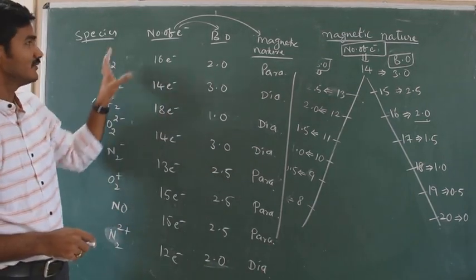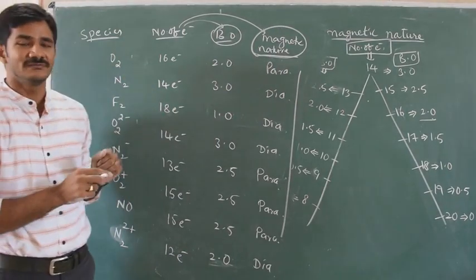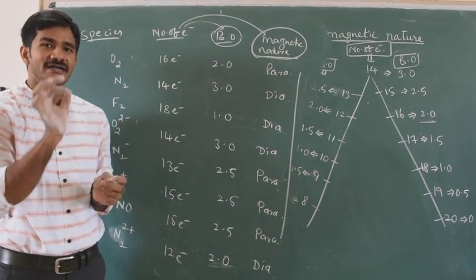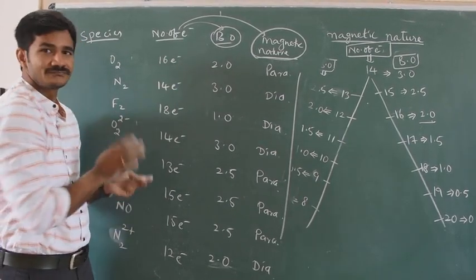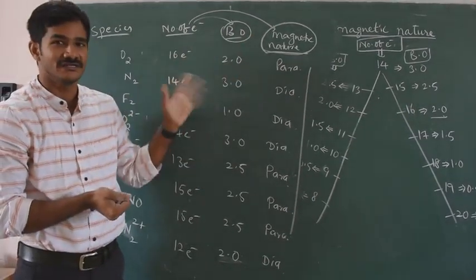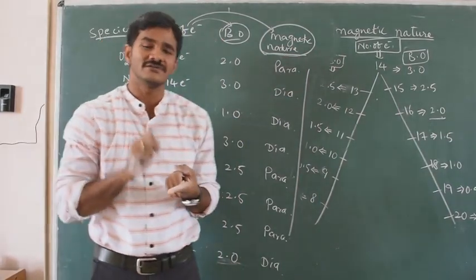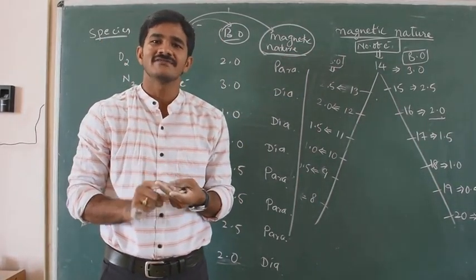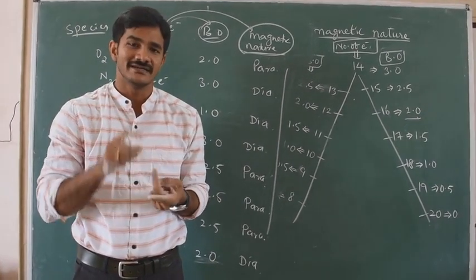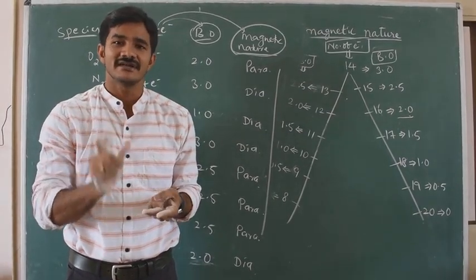So this way we can find out the bond order and magnetic nature based on a simple shortcut, based on the number of electrons. Again I will explain. Bond order can be calculated based on the number of electrons. You first find the number of electrons of the species, then find the bond order and magnetic nature based on that. For magnetic nature, if you get an even number of electrons, it is a diamagnetic substance; an odd number, a paramagnetic substance. But here we have to remember one exception: 10 electrons, 16 electrons, even though they are even, we treat as a paramagnetic substance.